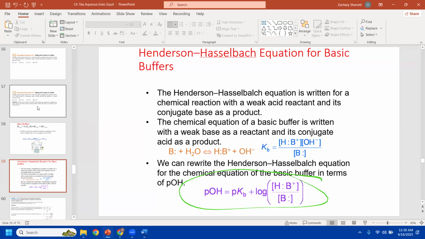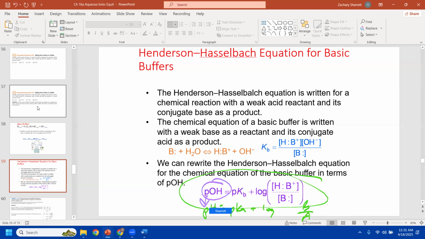It looks pretty much like the same thing, right? The Henderson-Hasselbalch normal is pH equals pKa plus the log of base over acid in green, right? That's the normal one. That's the one we're going to use most of the time. But if we want to use the one for the bases, notice that we have